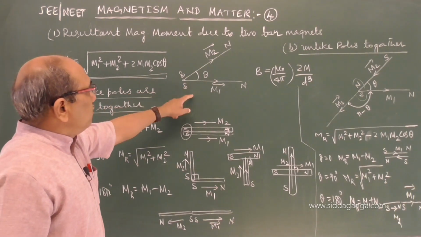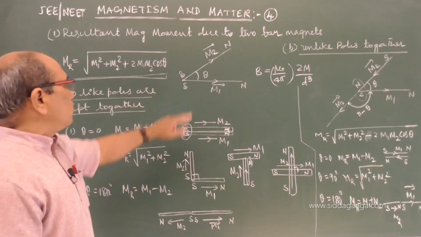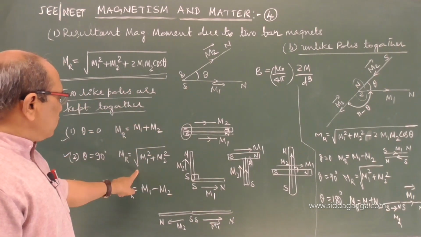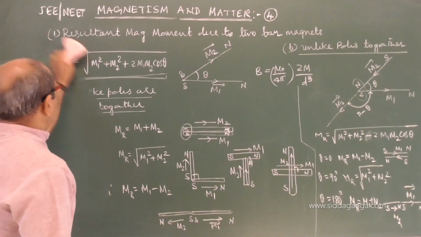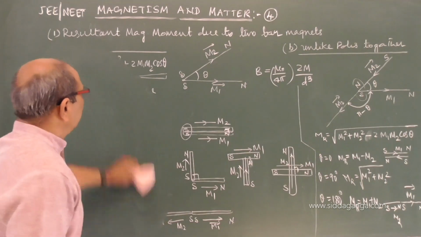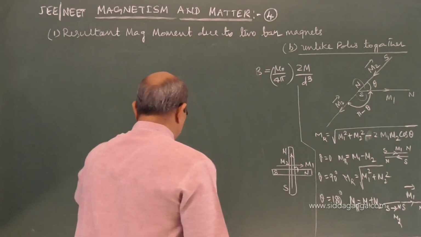Two magnetic moments, or bar magnets, are kept at some angle with like poles together. The equation, what happens in the special cases when unlike poles are kept together. Now if you arrange the moments in a certain fashion,